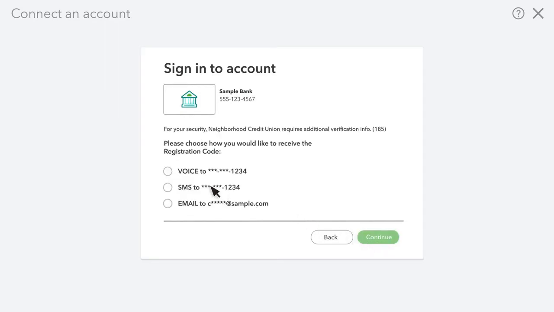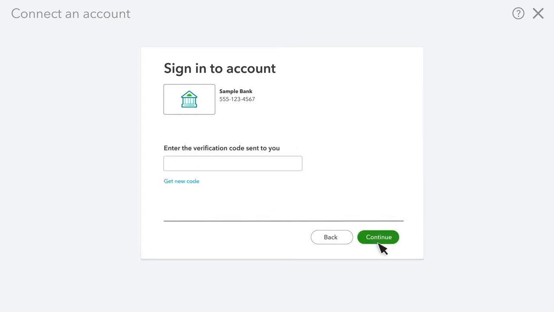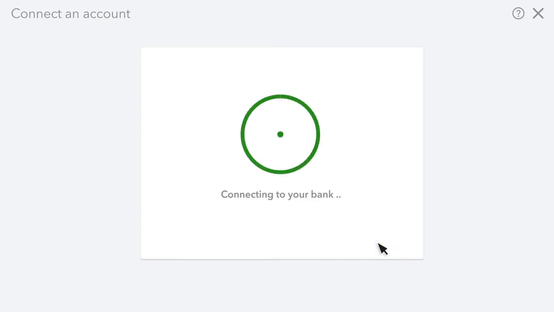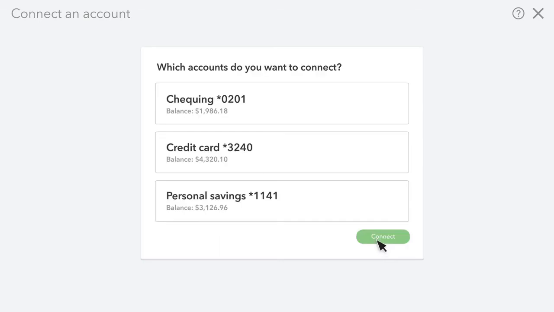Each bank and credit card has its own security features and may require a few more steps. You might also need to receive a phone call, text message, or email to verify your identity. And in some cases, you might need to enter the code from a security token issued to you by your bank. Once you've finished with your bank or credit card sign-in steps, QuickBooks looks for all the accounts you have